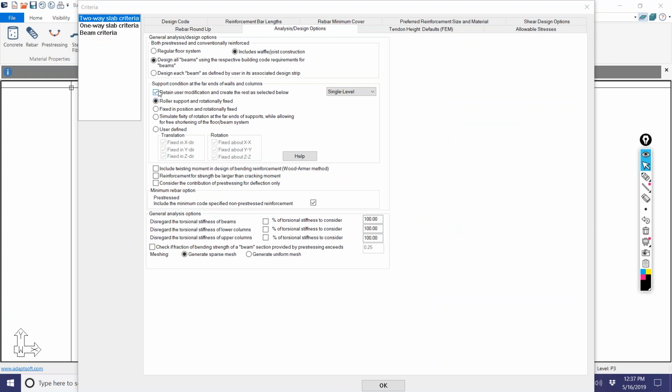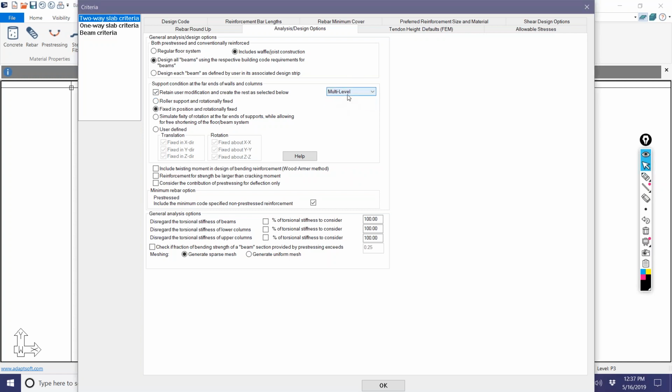For the support conditions, since we're running this in single level, the support is a roller support and rotationally fixed. If we want to modify that, we can change it to something different. If we run it in global mode, the support condition is multi-level. And make sure you have this option selected, which by default it is, retain user modification and create everything